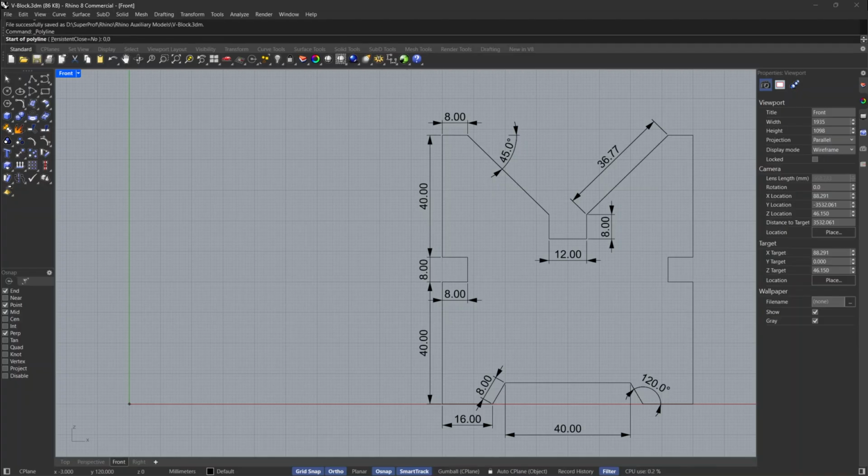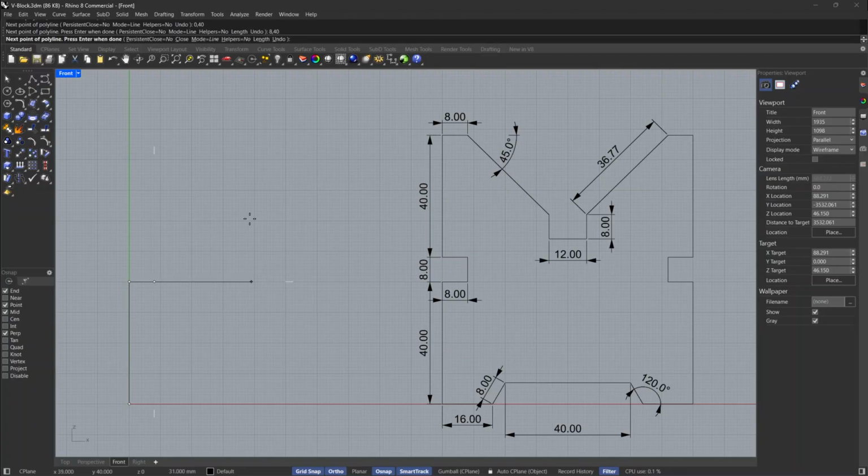And then press enter. These are absolute coordinates. For the next point, type 0, 40 and press enter. Again, these are absolute coordinates. For the next point, type 8, 40 and then press enter.